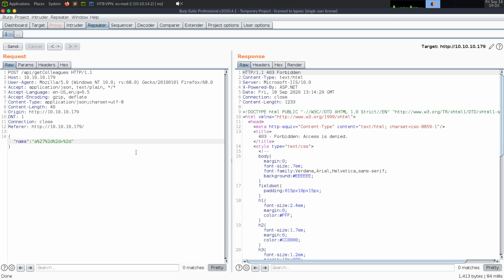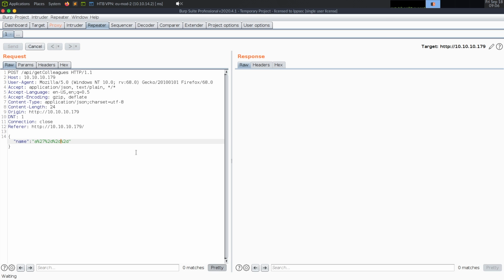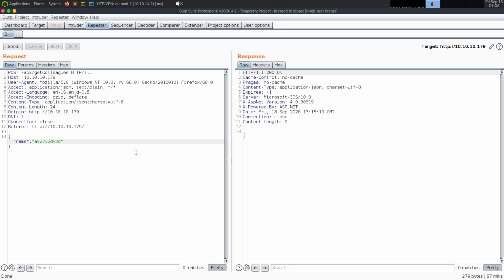See, single quote, space, dash, dash, space, dash. Oh, they actually did it, I think. No, it didn't. Because we should get something back. So if we get rid of one of these dashes,